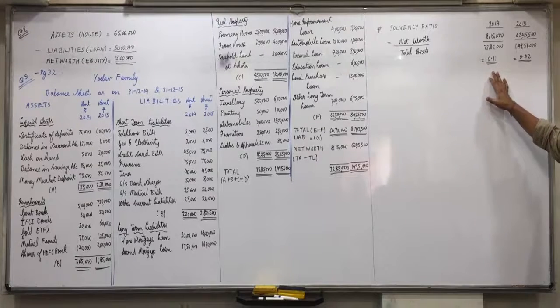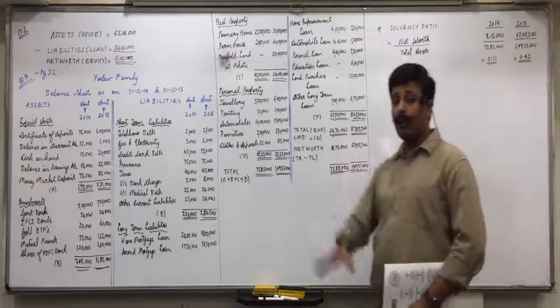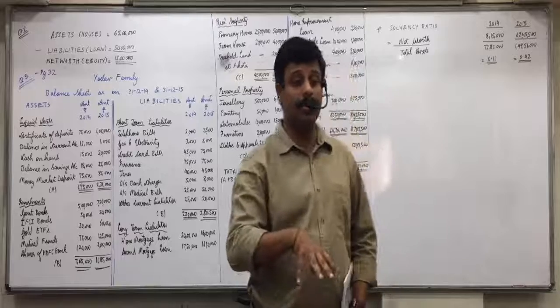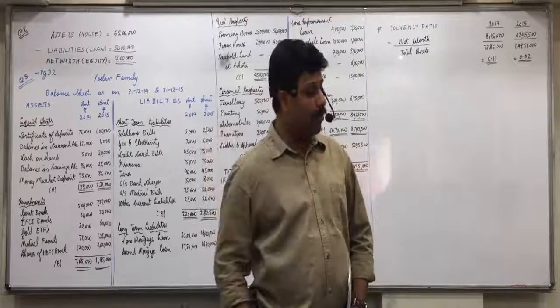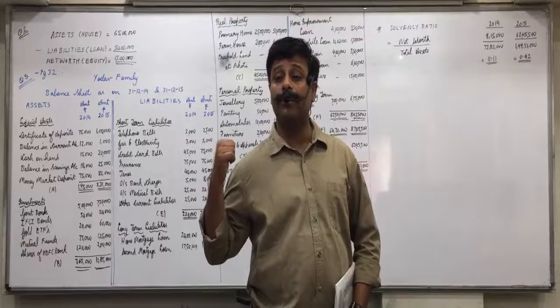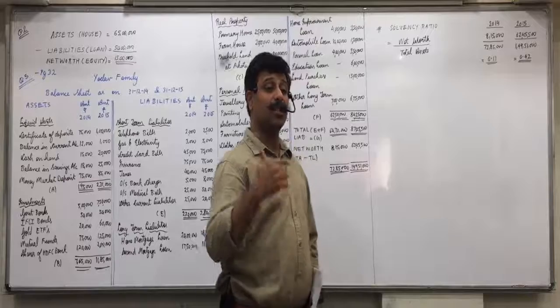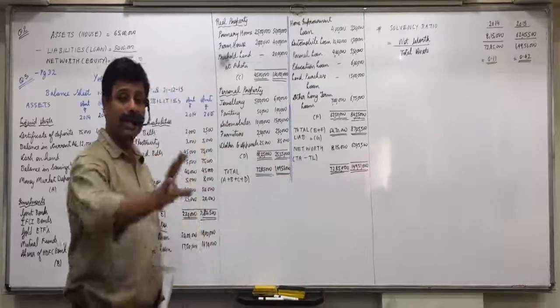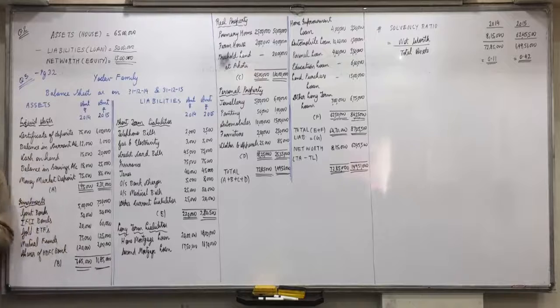Directly from 0.11, means 11%, to 0.42, 42%. 42% of your assets amount is your own investment, and 58% is only borrowed, which last year was 11%. Means only 11% of the value of your assets was your own amount. So you can easily borrow the loan of 7 lakhs. You understand this? So right down below that, write: